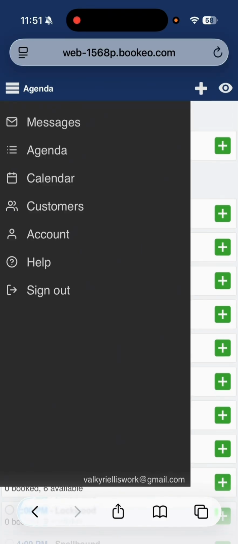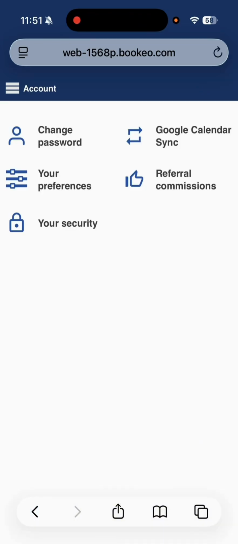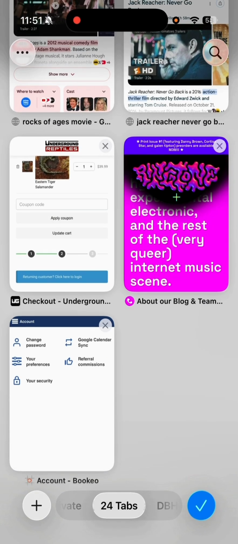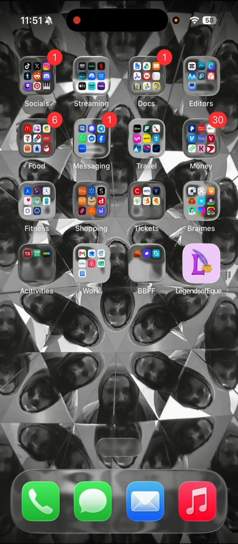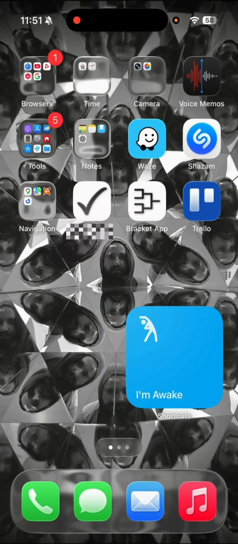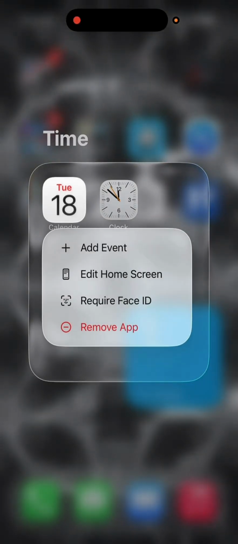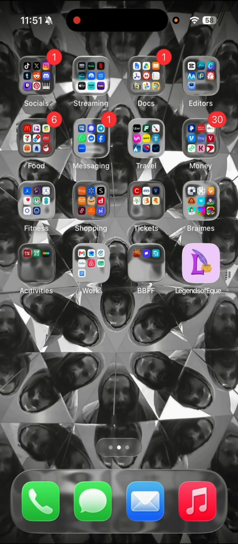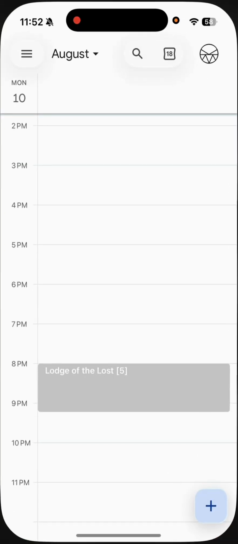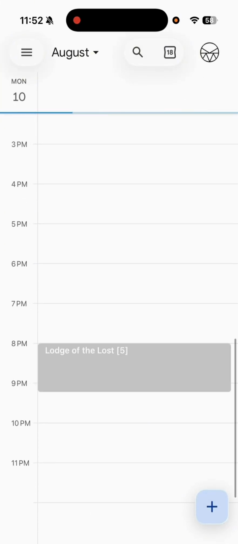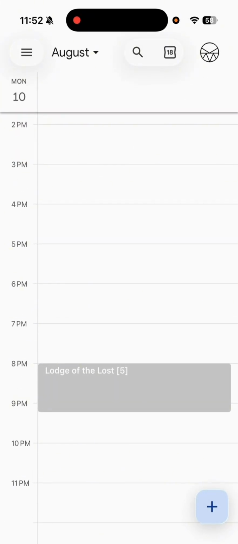I went into account and I saw that you could sync with Google Calendar there. I was like, okay, maybe that's something. It only has the option to sync with a Google Calendar, not the phone calendar, which was a problem for what I was trying to do. But I tried it anyway. I made a new Google Calendar account right here. And wow, boy, it sure does sync. But I was like, okay, well,